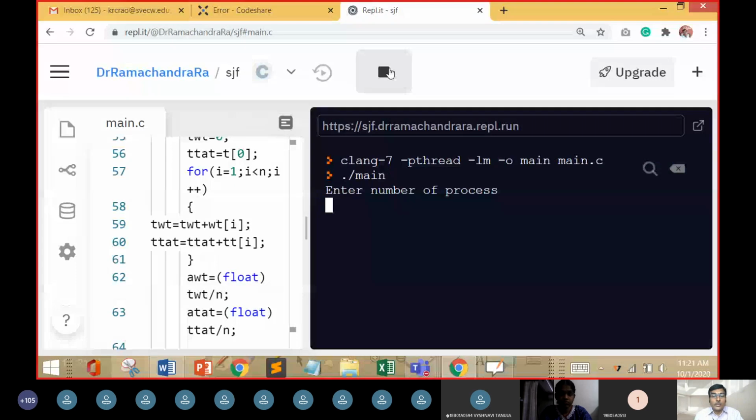So enter the total number of processes. Total number of processes is 3. Enter the burst time of process 0, so 24. And enter the burst time of process 1, 3. Then enter the burst time of process 2. So assume I'm going to give it as 5 here.